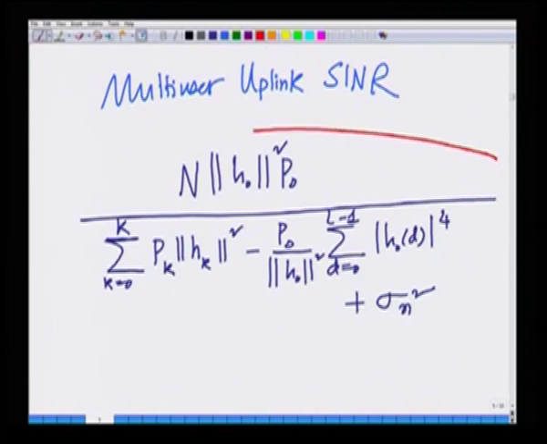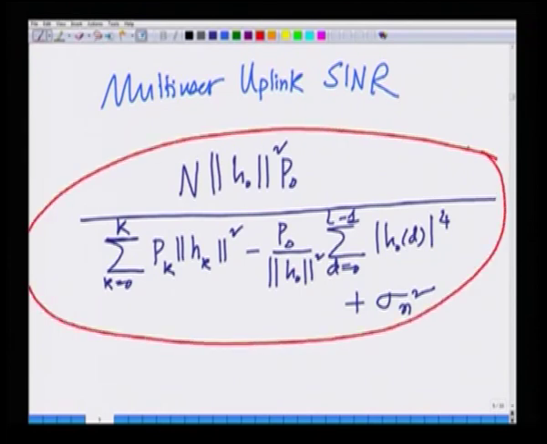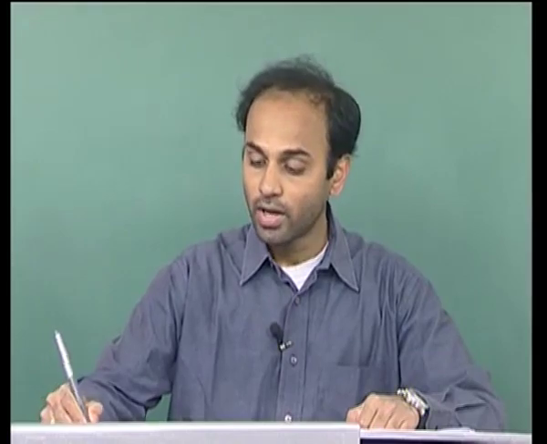This is the uplink SNR. As we said, this is the uplink multi-user CDMA SINR, and what we are saying is essentially everything remains the same as the downlink except